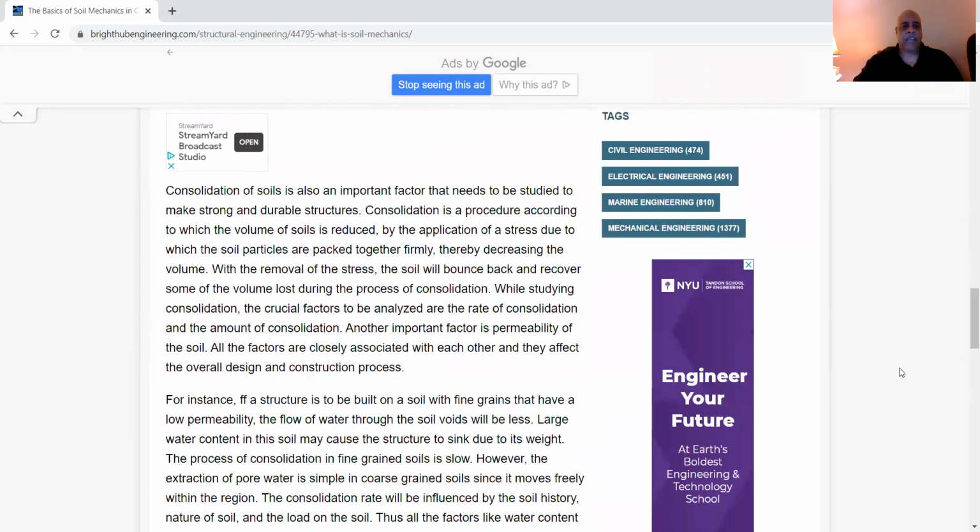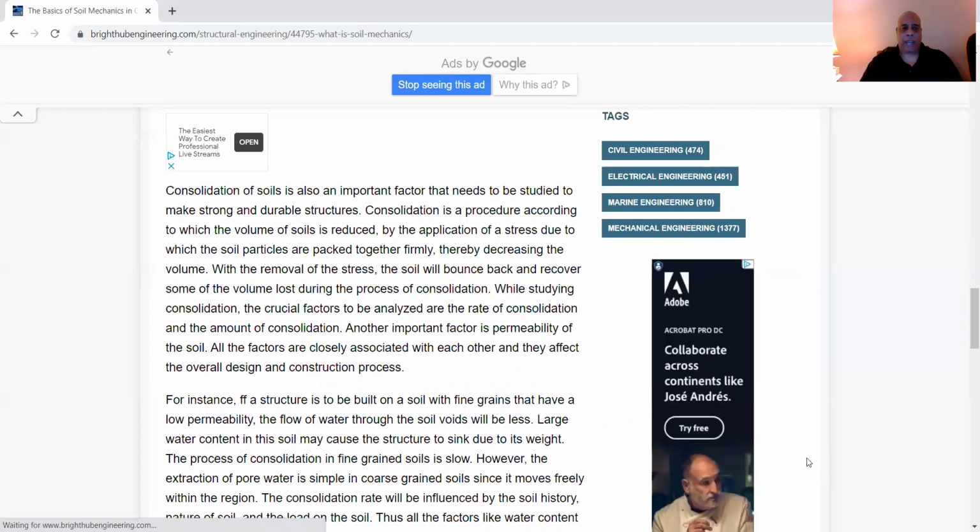factors. Consolidation of soils is also an important factor that needs to be studied to make strong and durable structures. Consolidation is a procedure according to which the volume of soils is reduced by the application of a stress due to which the soil particles are packed together firmly, thereby decreasing the volume. Now, with the removal of the stress, the soil will bounce back and recover some of the volume lost during the process of consolidation. While studying consolidation, the crucial factors to be analyzed are the rate of consolidation and the